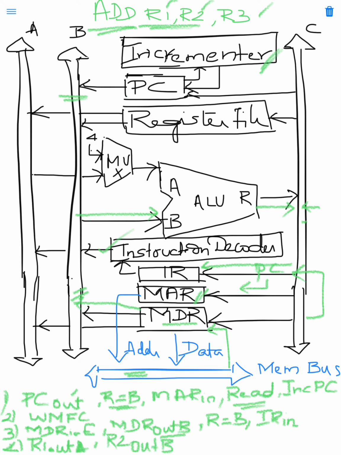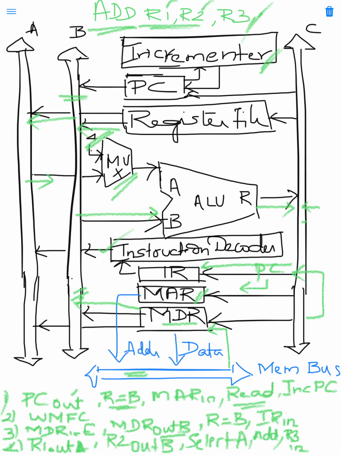For that, out B signal will be enabled, and then using the multiplexer you need to select either the constant value 4 or the value taken from bus A. Here, from the register file, one operand is placed on bus A and the other operand on bus B. The multiplexer needs to select the value from bus A, so here we are selecting select A. Initiate the select A signal, then perform the add operation, and finally store the result to R3. For that you need to initiate the R3 in signal.